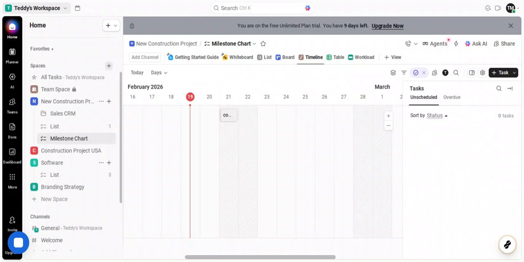As you refine dates, keep the timeline visible so you can see changes reflected immediately. If something is landing too close to another milestone, move it so your team has space to do the work in between. If one milestone logically depends on a prior decision or approval, make sure the earlier one lands